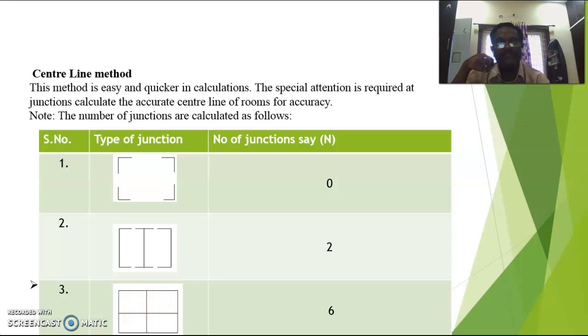Sometimes staggered rooms are also present here. But here the rooms are distributed in a proper way. But sometimes you get staggered rooms also. But wherever there is a T, wherever that alphabetical letter is there, it's 1 junction. Wherever the alphabetical letter is L, it is 0 because it's a corner.